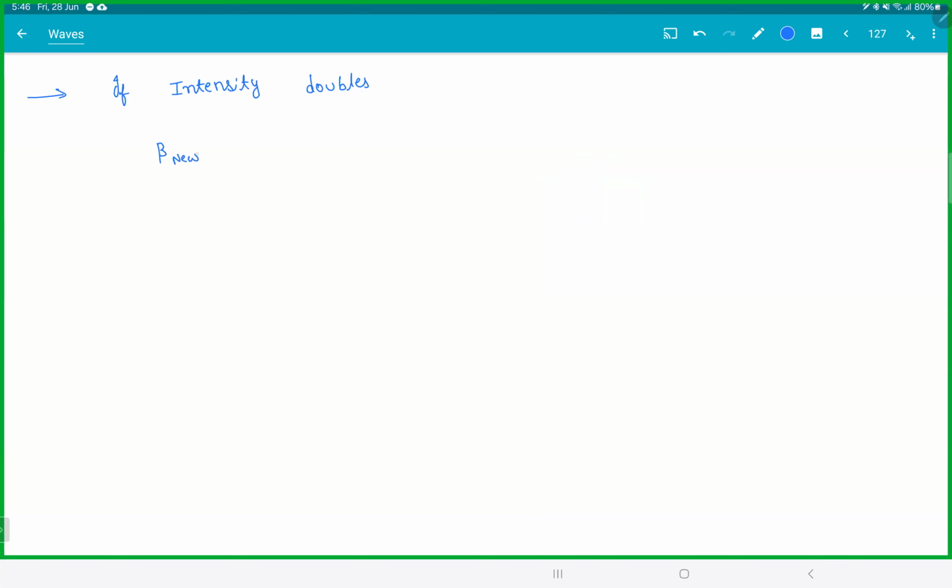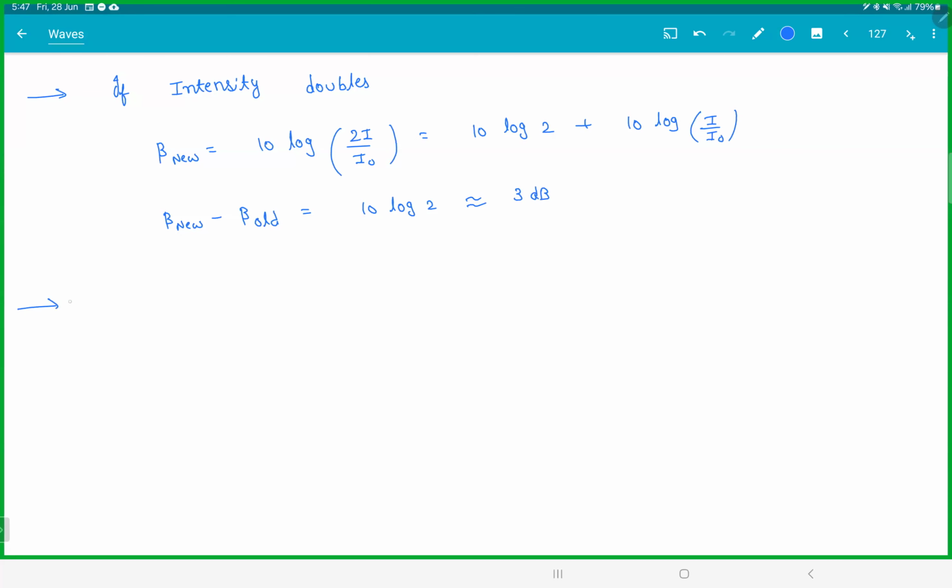So the new decibels would be 10 log 2I by I naught. This comes out to be 10 log 2 plus 10 log I by I naught, which is the old decibel. So beta new minus the old decibels, the difference, would be 10 log 2, which is approximately 3 decibels. So for every 3 decibels, you can say on an average, the intensity just doubles up. Same thing, if you make intensity 10 times,